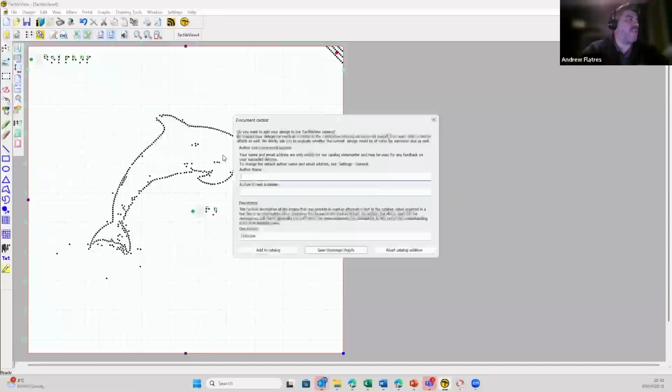Now, once you save it, you'll get asked other questions about the author name and the author email address, because you can also share your tactile graphics to the community. As we mentioned earlier on the slides, TactileView has an extensive catalog of existing graphics that's been created by you as users. So you can share this graphic. What we do ask is for the author's name, the email address, and then of course you can choose Add